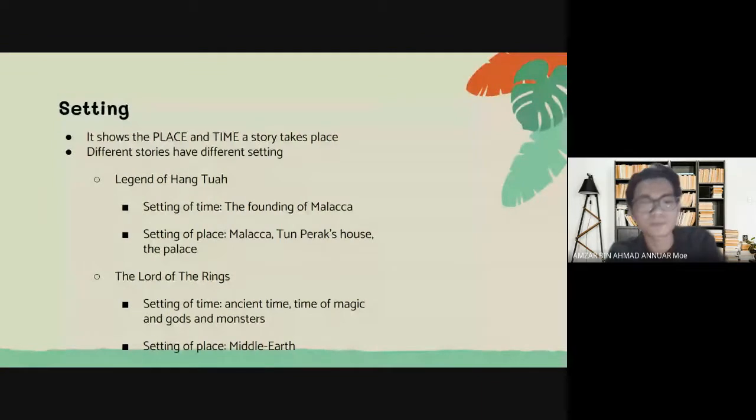Okay. Now, The Lord of the Rings is a story, a fantasy story about how several magical creatures are supposed to destroy a ring. Okay, beberapa makhluk mitos ni dia kena hapuskan cincin yang memberi kuasa kepada satu kuasa jahat. Okay, they have to destroy the ring, and the only way to destroy the ring is by going to where the ring was forged. Dia kena pergi ke tempat di mana cincin tu dibuat, ditempa, iaitu at the land of